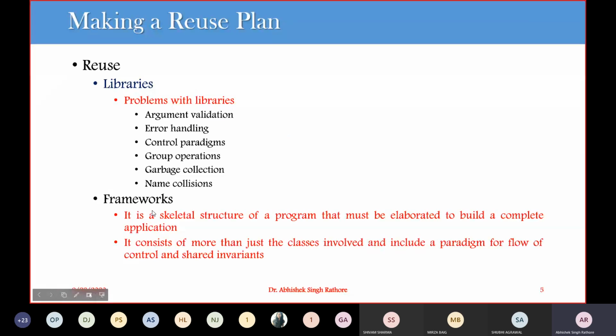Let's say we are having different types of problems associated with these libraries. We'll start with argument validation. An application may validate the arguments as a collection, or individually as they are entered. Collective validation is appropriate for command interfaces, where the user enters all the arguments and they must be checked one by one. In contrast, with responsive user interfaces, we have to validate each argument, or interdependent groups of arguments, as it is entered.